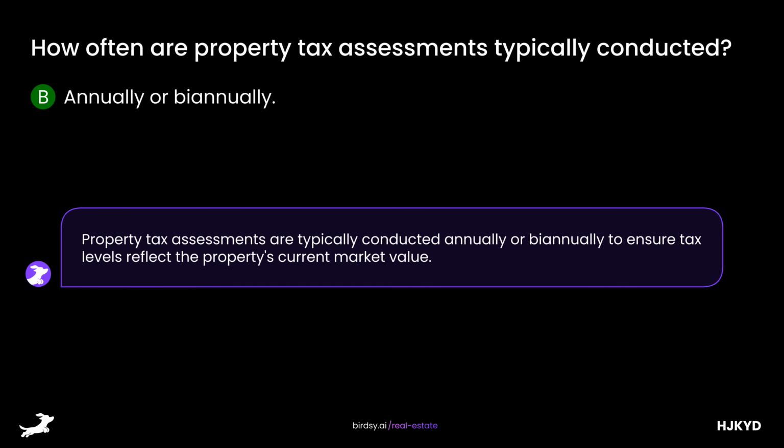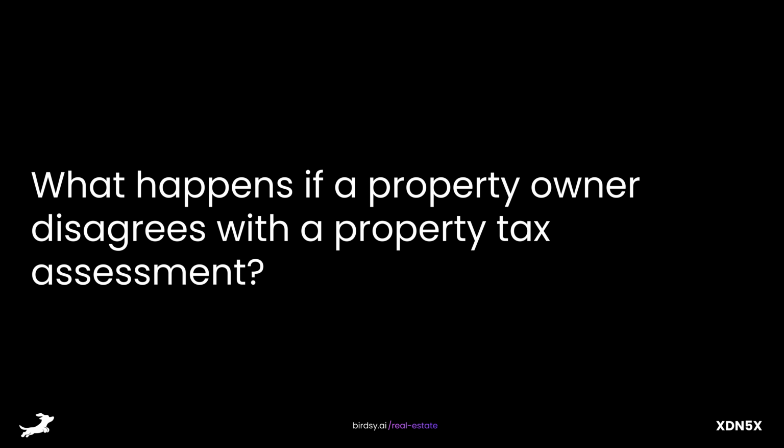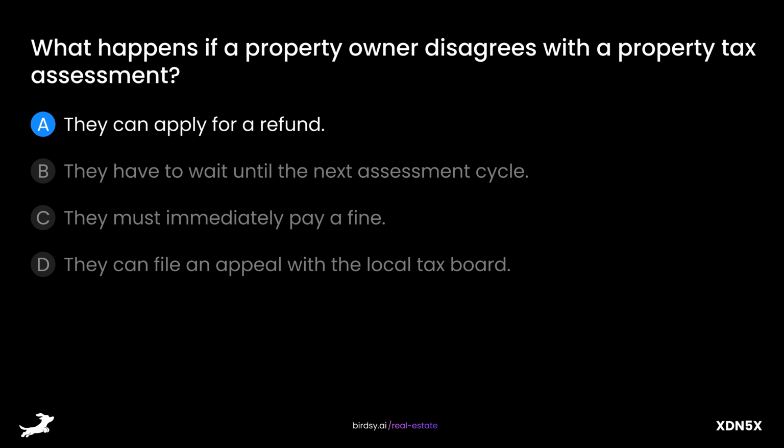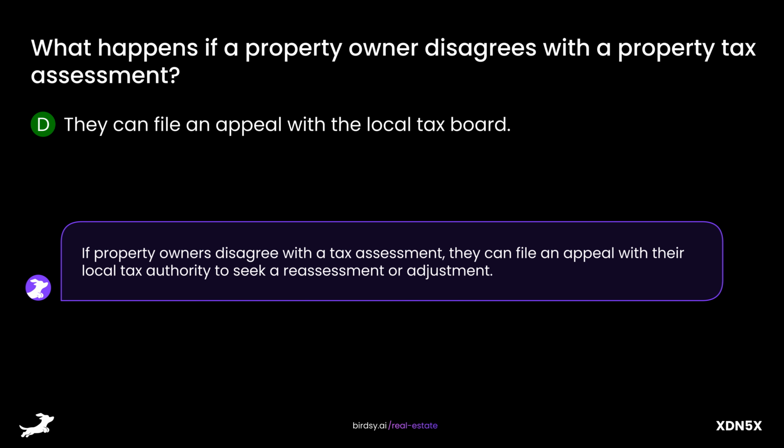What happens if a property owner disagrees with a property tax assessment? Is it A. They can apply for a refund, B. They have to wait until the next assessment cycle, C. They must immediately pay a fine, or D. They can file an appeal with the local tax board? The answer is D. They can file an appeal with the local tax board. If property owners disagree with a tax assessment, they can file an appeal with their local tax authority to seek